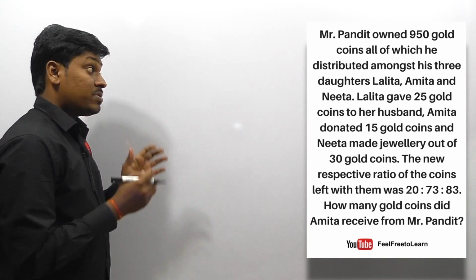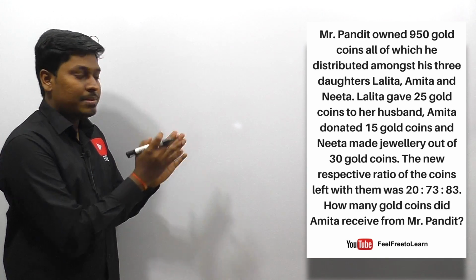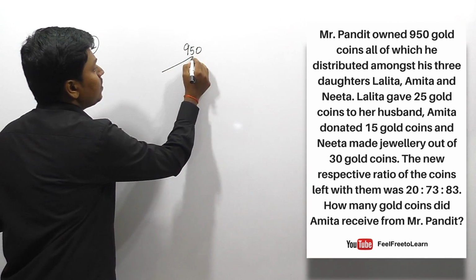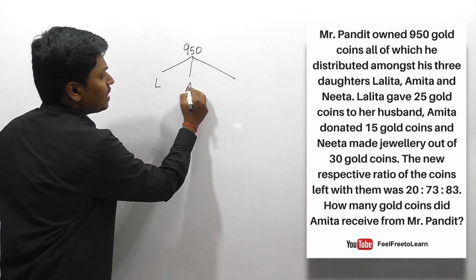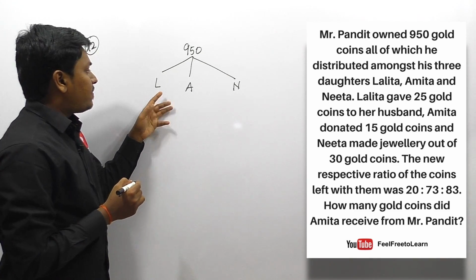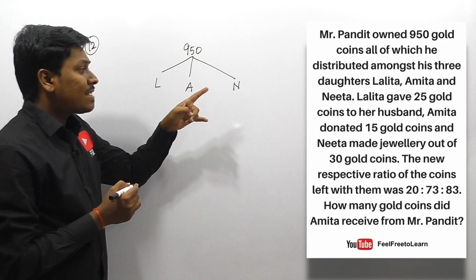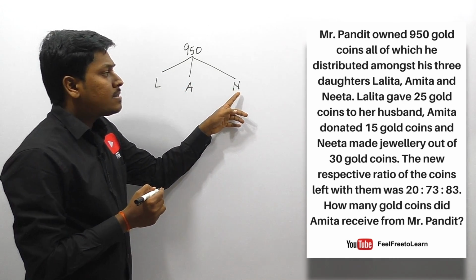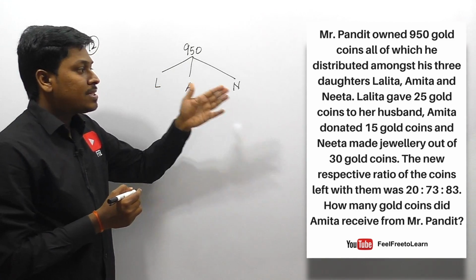So friends, one of the most interesting questions, right? Listen to the concept carefully. There is a person, Mr. Pandit, and he has 950 gold coins, and these 950 gold coins are distributed among 3 daughters, that is Lalita and Amita and also Nita, right? And this person Lalita, after getting some coins, is giving 25 coins to her husband, right? So next is Amita, right? Amita donated 15 coins and Nita made jewels out of 30 coins, right? So after spending some coins, the respective ratio is